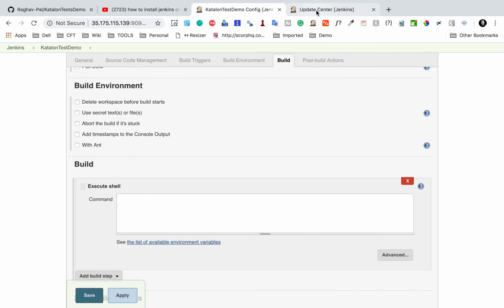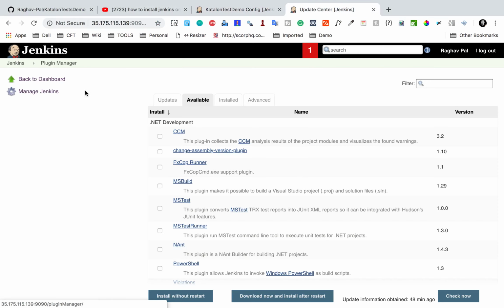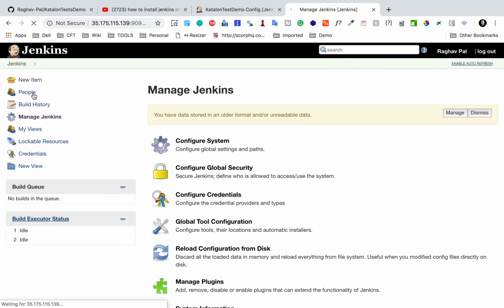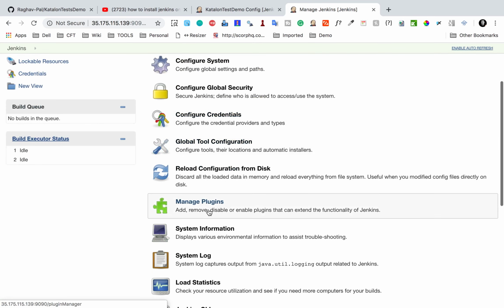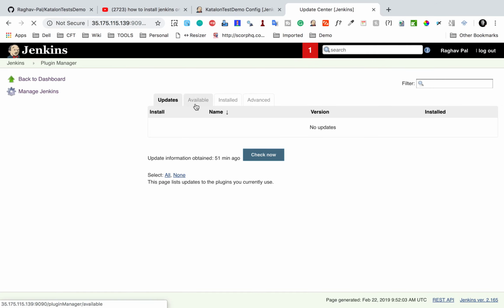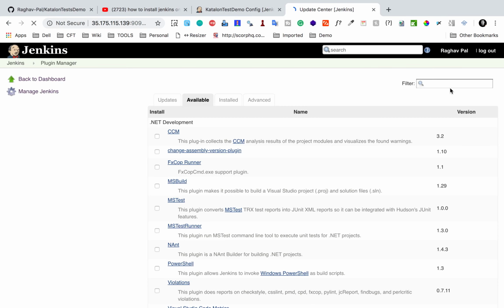We have a Katalon plugin on Jenkins. So I will go to my manage Jenkins and manage plugin. So I am on plugin manager. This I have come from manage Jenkins. So let me just show you. Go to your Jenkins dashboard, go to manage Jenkins and go to manage plugins. And here I will go to the available section and I will search for Katalon,